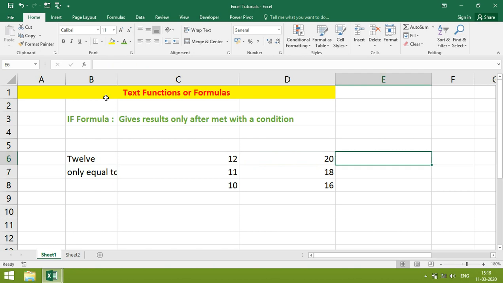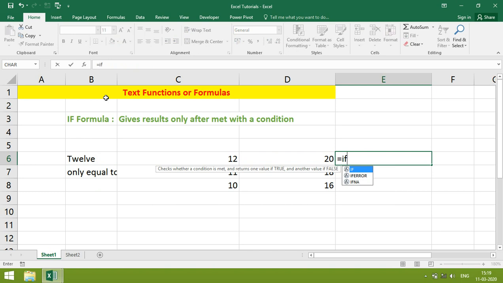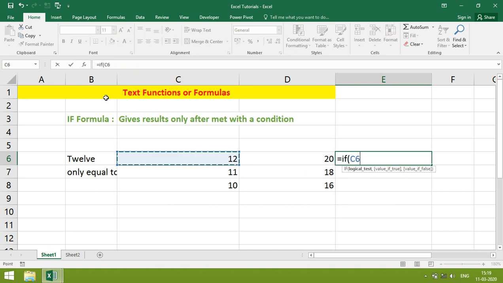Let's write a conditional formula for number. If the number is equal to 12, then multiply.